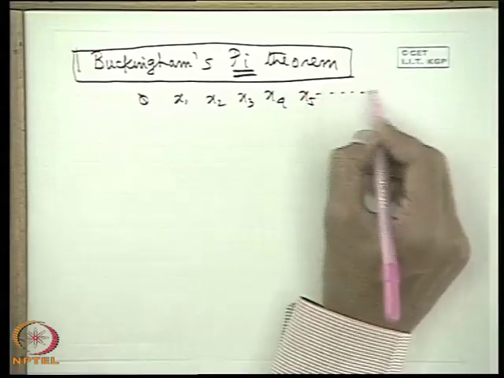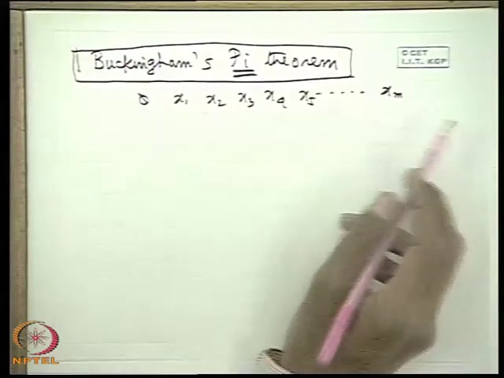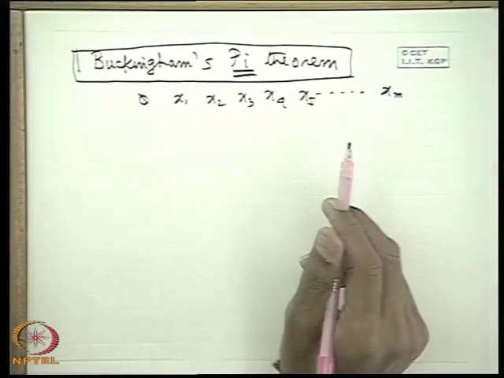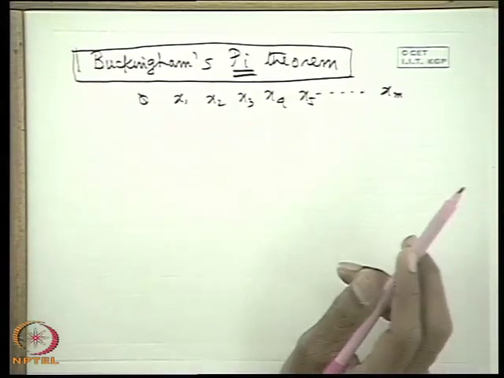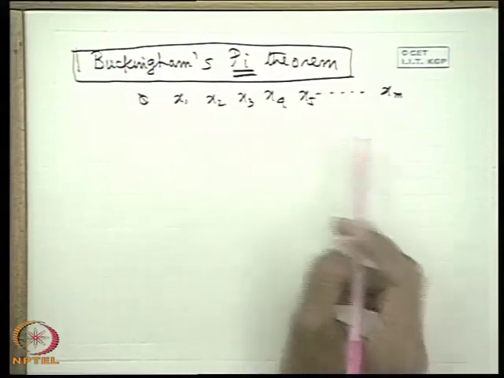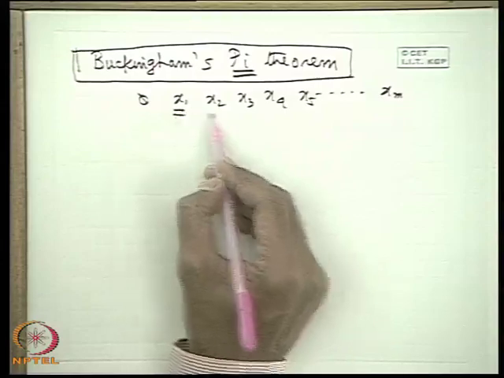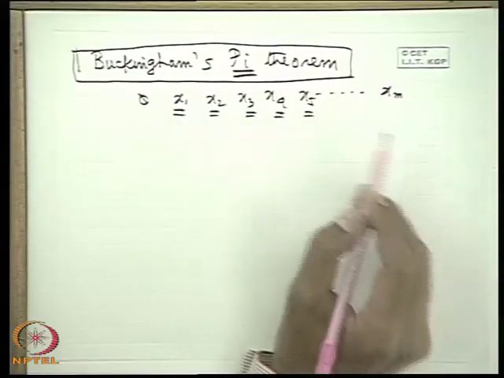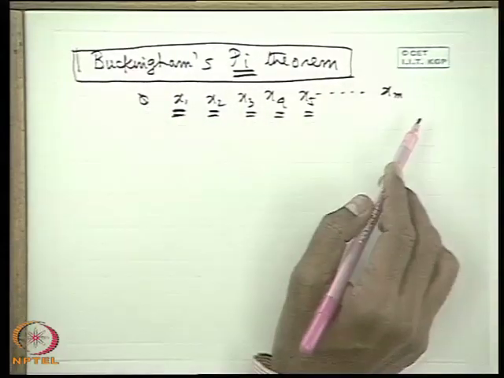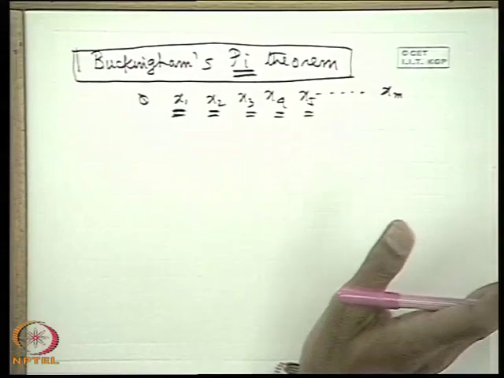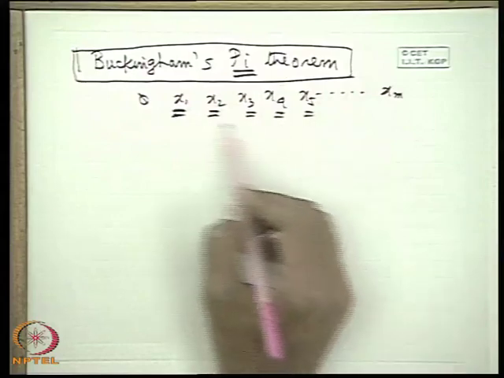For example, a pipe flow problem is described by pressure drop, length of the pipe, diameter of the pipe, density and viscosity of the fluid. For example, a free jet problem is defined by the diameter of the jet, the density of the jet, the viscosity of the jet, the surface tension between the jet and the ambient medium, and the velocity of the jet. So we can definitely recognize, and this recognition comes from our brain, from our understanding of the physical problem. No theorem beforehand will tell me, or no notebook, even in an open note examination, will tell me what the variables are that define a particular problem.